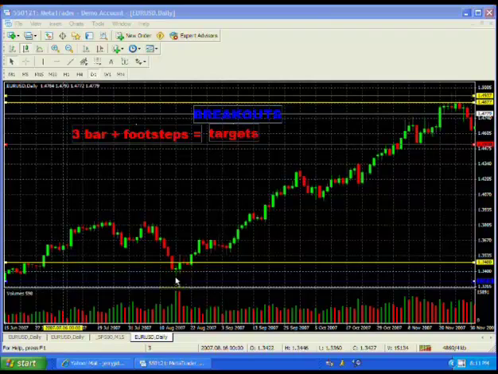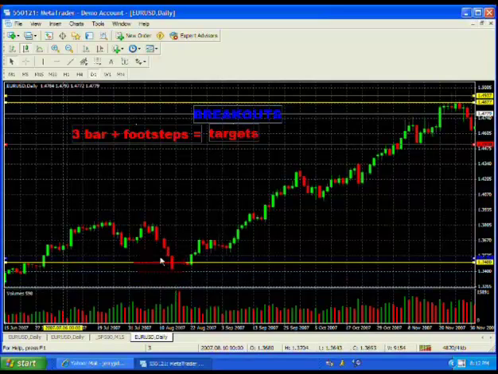So if we count starting 1 with our swing bar, this is 2 and this is 3. Now using our footstep method, we want to look for the first green bar overhead that is near 3 bar, and that's going to be